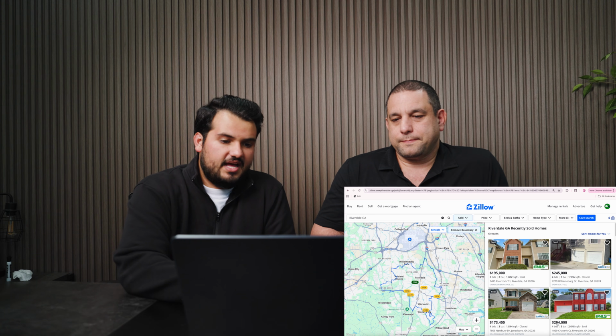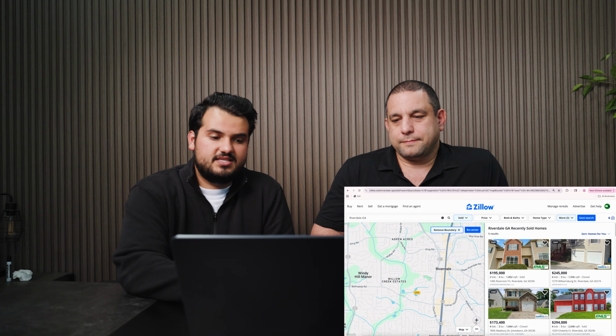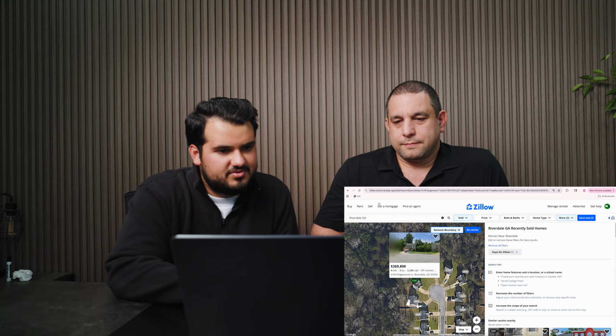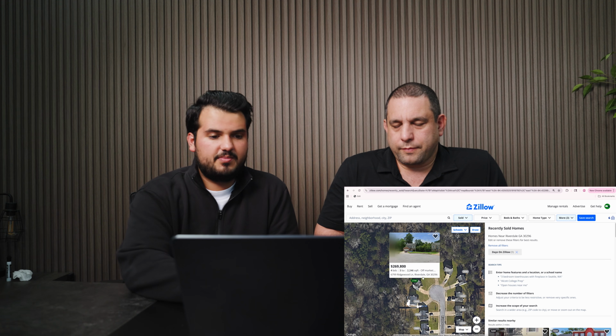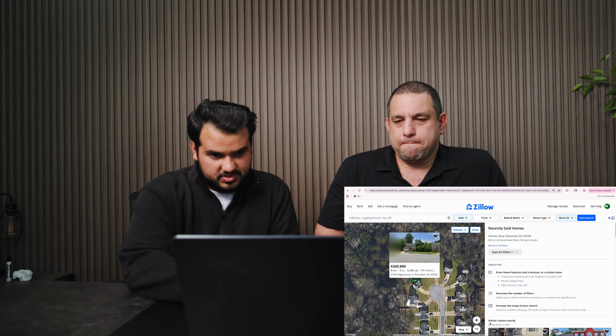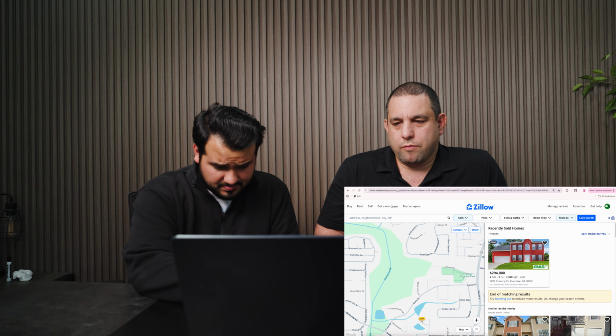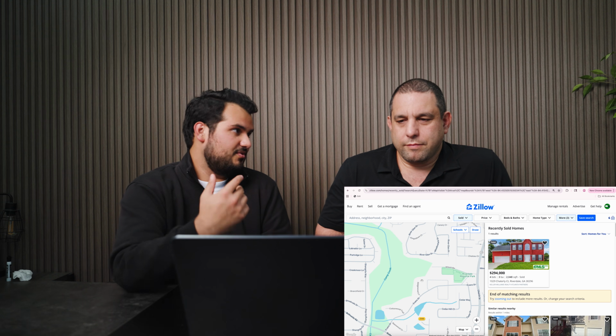Perfect. All right, so we're going to apply and then zoom back in to this neighborhood. So this is our house right here, right? What was our address on this one? Yeah, perfect. So this is the subject property right here. What we're going to do is zoom out just a little and start seeing what comps have sold. Now, ideally, in a perfect world, you'd love a house on the same street or in the same subdivision, but it doesn't always work that way. So when we go a little further in distance, which you have to, on a case-by-case basis, you have to determine if that makes sense to do or not.